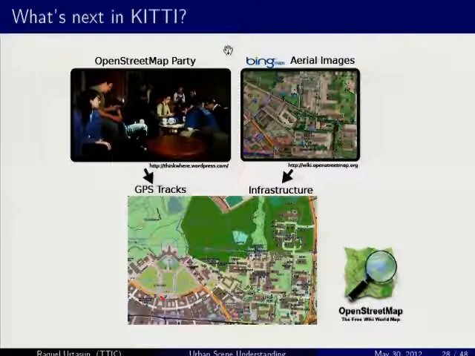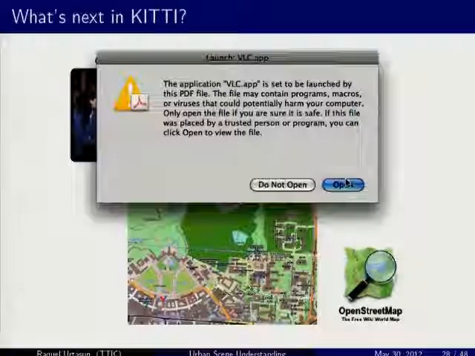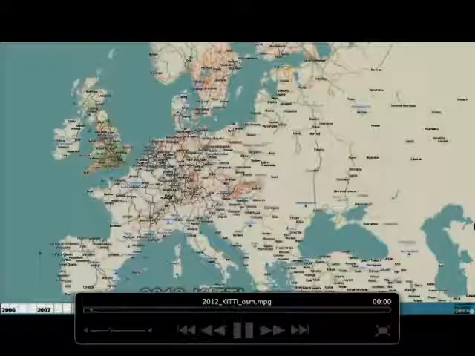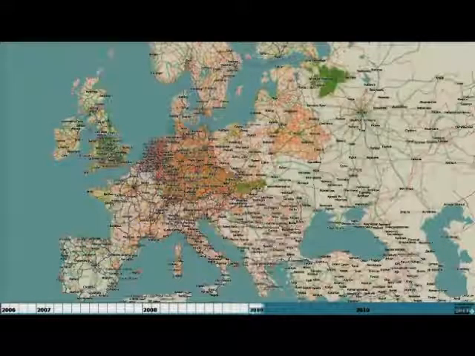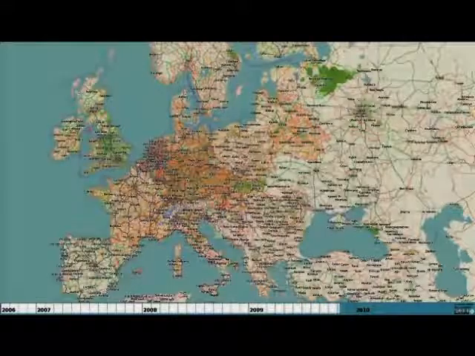Okay, so now one of the questions I want to ask you is that, so we did KITTI, right? I talked about this benchmark. We benchmark certain computer vision problems, but KITTI has much more. It's very rich. We can do a lot of different things. And let me just show you an example of what we have in mind these days. So in this case, this is OpenStreetMaps, and this is the evolution of the annotations over time. Okay, so you see that it's growing.